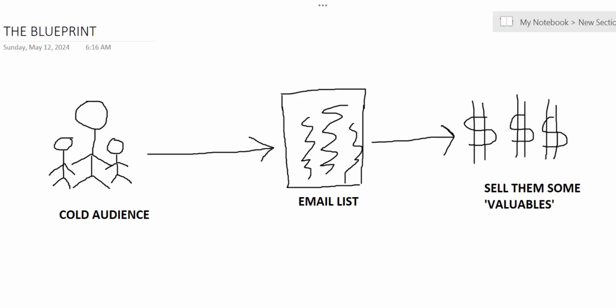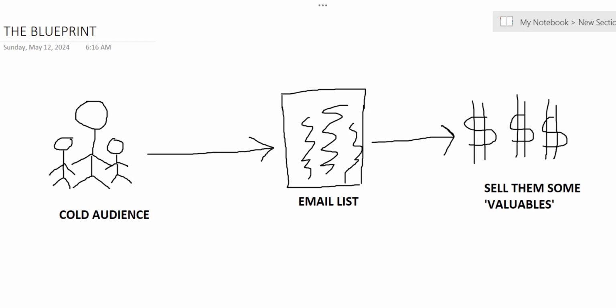So the whole idea is that we converted cold people who don't know us from anywhere. We brought them into our email list, and they did that of their own accord. So there is no way we are spamming them, right? And I can assure you that if you have people inputting their email address by themselves, you should know that the majority of your emails will be going directly into their inbox folder. So you are not spamming. We are converting people who don't know us into people who will definitely give us money for giving them something valuable. So I believe you now understand how the whole technique works.